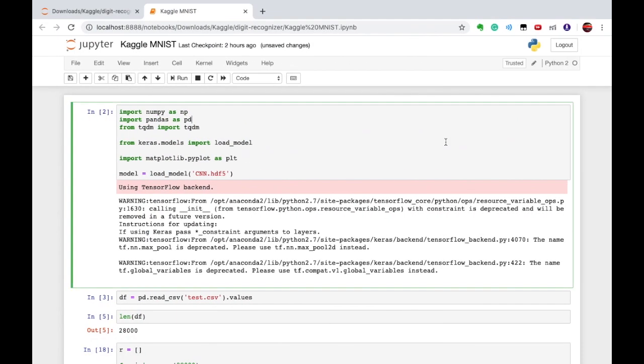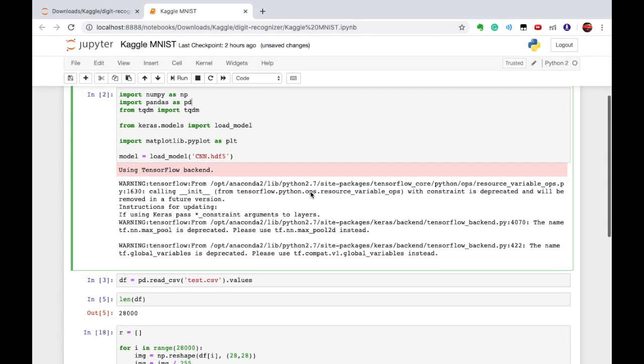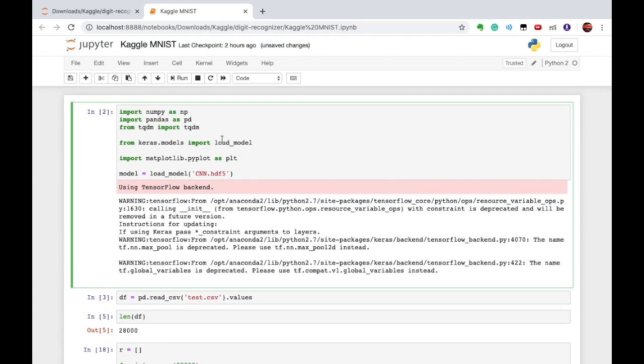So to do so, I will import numpy, pandas, and from keras.models I'll use load_model to load our neural network model. You can also import the matplotlib library to plot any image in that particular notebook.